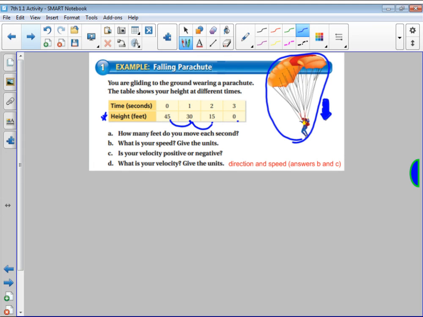30 to 15, once again, was a change of 15. And if you don't understand how to do that, you're just going to go ahead and subtract between those to figure out the difference between them. 15 to 0 was a change of 15. So we noticed that on every single situation, it changed 15 feet